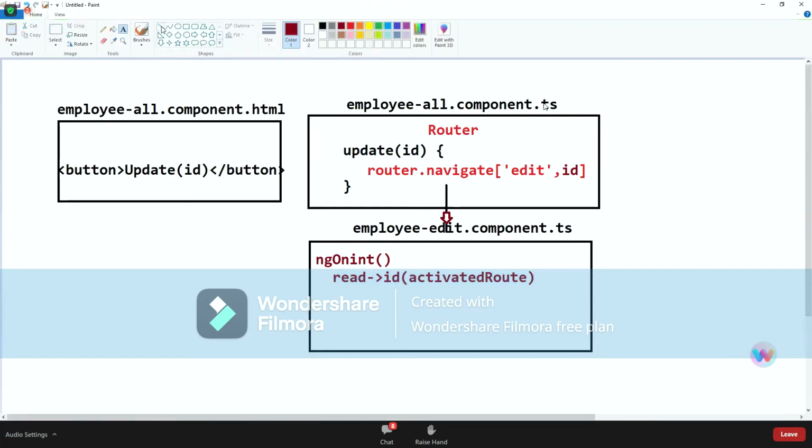Once you read the ID, we are going to make a service call. I'll try to load the data. There will be one record that we are going to get.